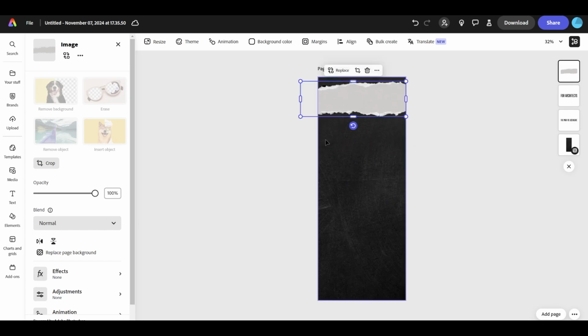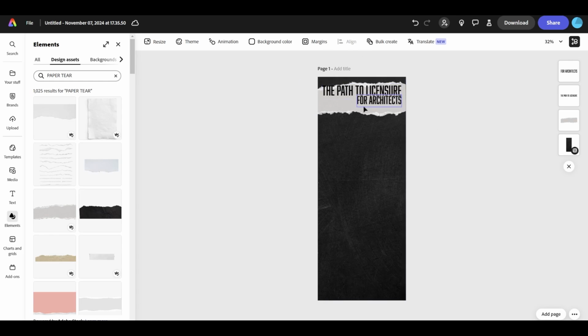Now, whenever you load something in, it's going to populate over here, and you see them in their own separate squares. These are layers, and layers are pretty simple. Whatever is at the top will appear visually on top of any other design element. So if I want the text to be in front of this paper tear, all I have to do is just hold and drag the paper tear below the text. Now the text is in front of that paper tear.